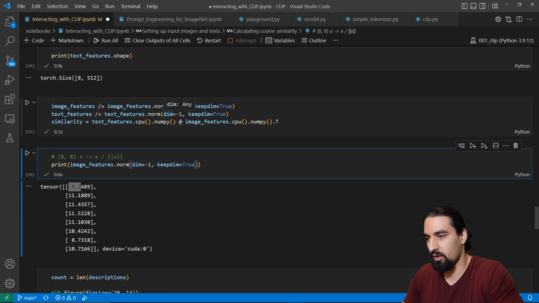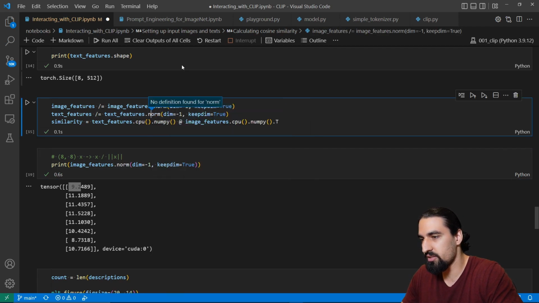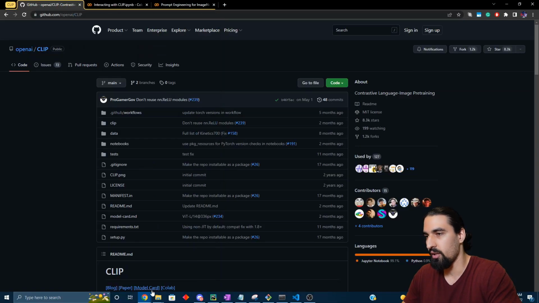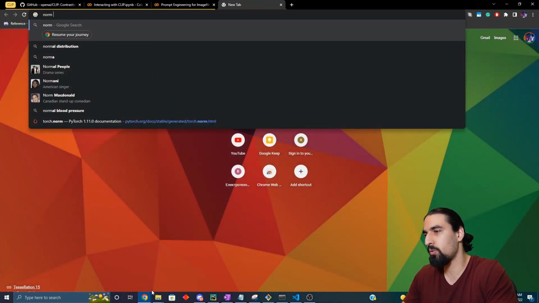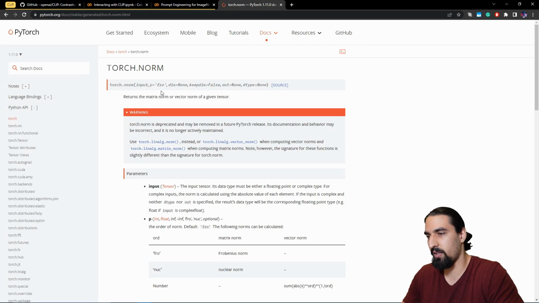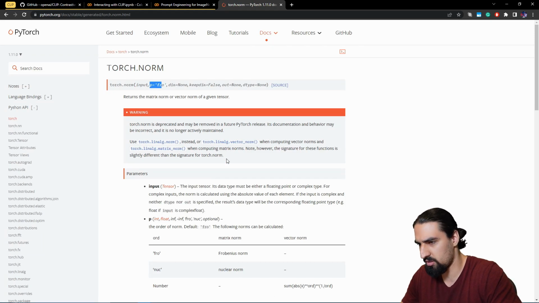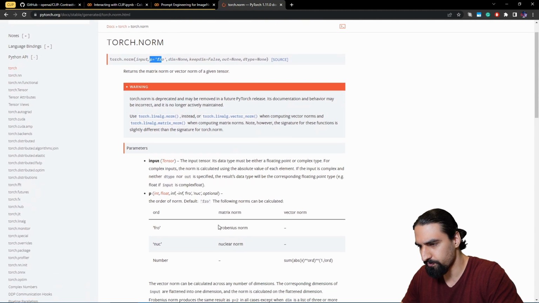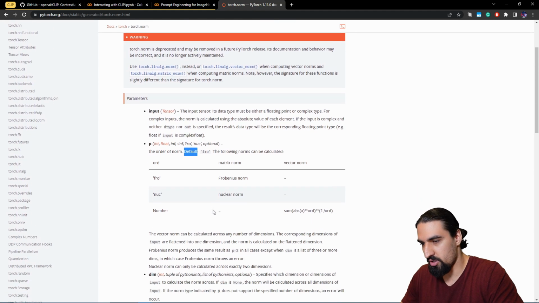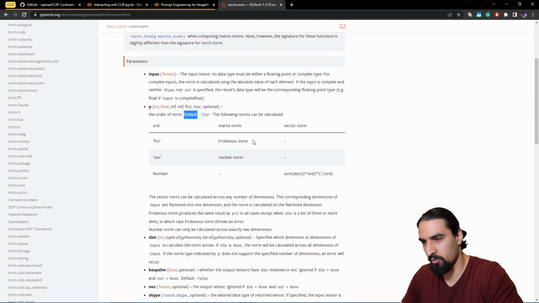We do the similar thing basically for the text. Let me see if I can go to definition and see whether... okay, no definition found for this. So I guess we're gonna use just some good old Google search. Let's see what's going on here. So norm, PyTorch. For Frobenius norm, let me see what's the default here. So the order of norm default is Frobenius norm, which is just a fancy way of saying L2 for